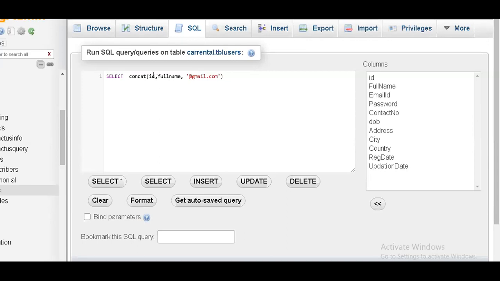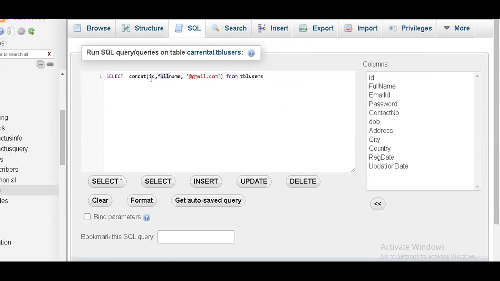So with their ID and their name, I want to create a mail ID from the table, TBL users. There is a table called table users, in which we have ID and full name.